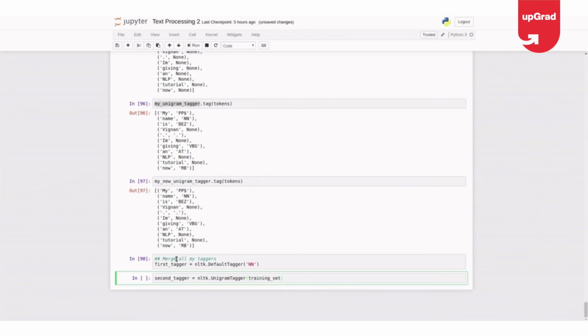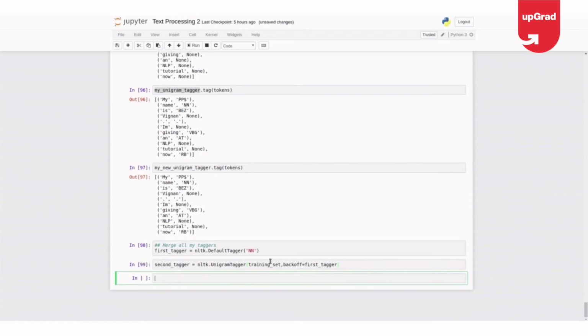I'll use the same. So here, while doing that, I can do something like backoff equal to my first tagger. So here I am building a second tagger and merging it with the first tagger. So backing off it with the first tagger. Okay, so it's training, and this second tagger is a combination of unigram plus default tagger. And now the third one, or I can say the final tagger.